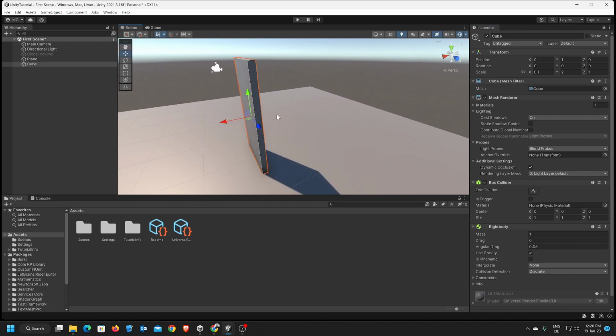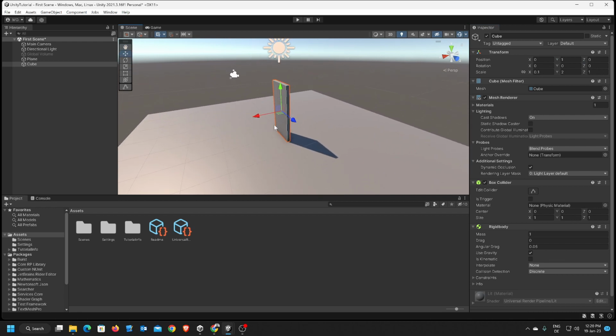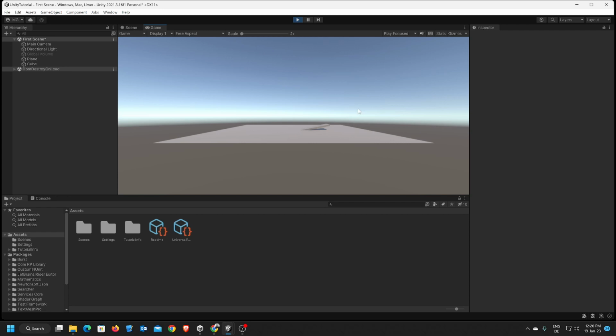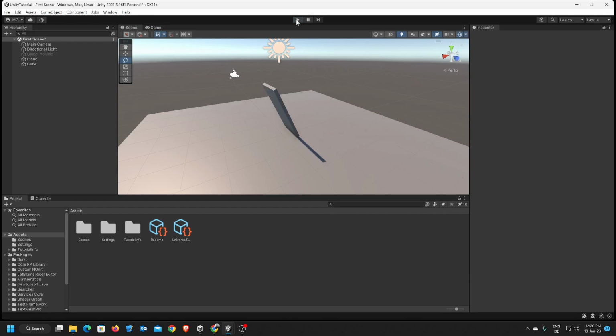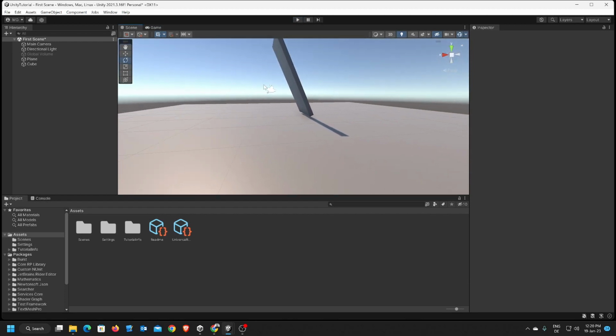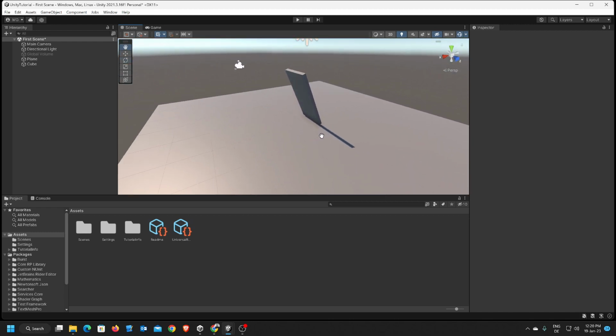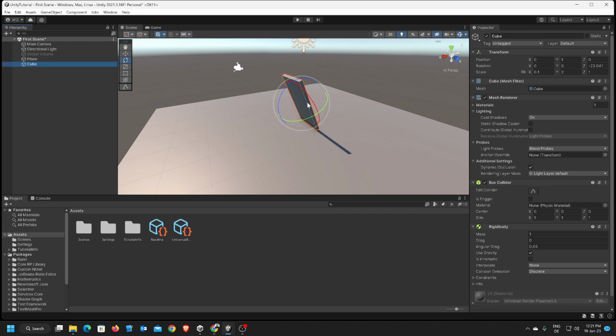Okay, so if now, for instance, we rotate our cube a little bit, and we hit play, it's going to fall down. There's a little glitch here, not sure if you can see it. When it intersects with the plane, the collision may not be absolutely correct. But let's reset the rotation,